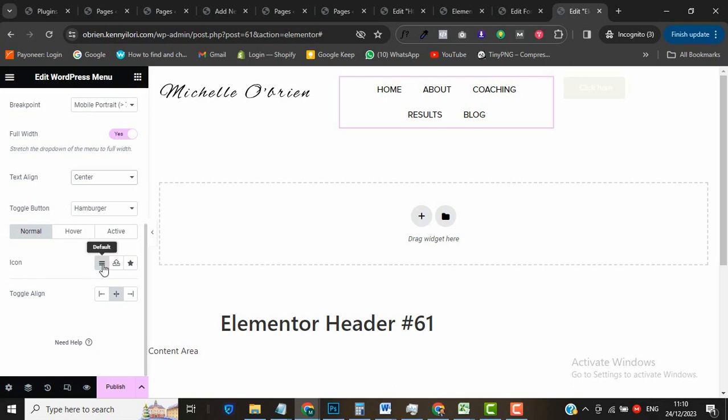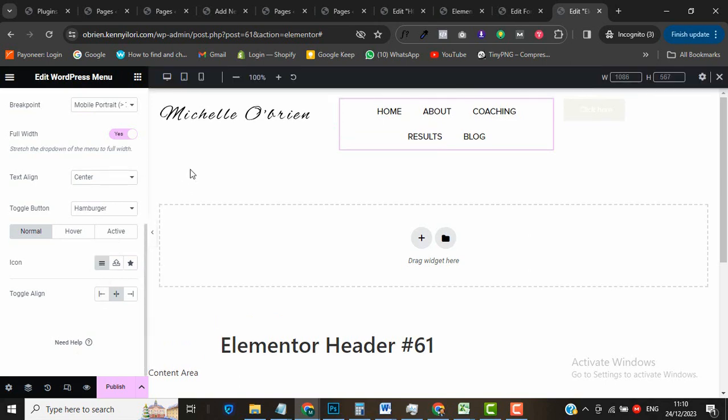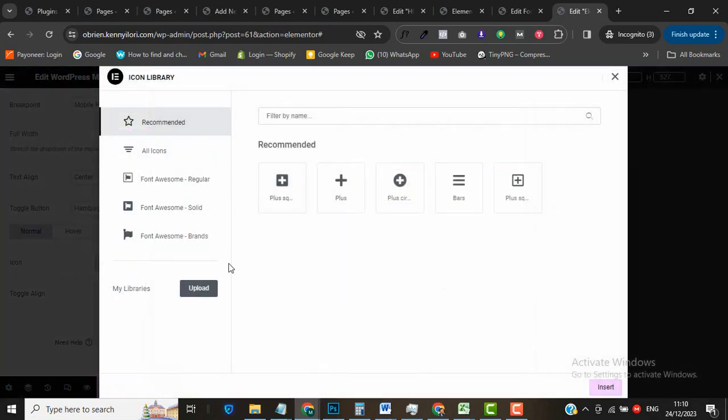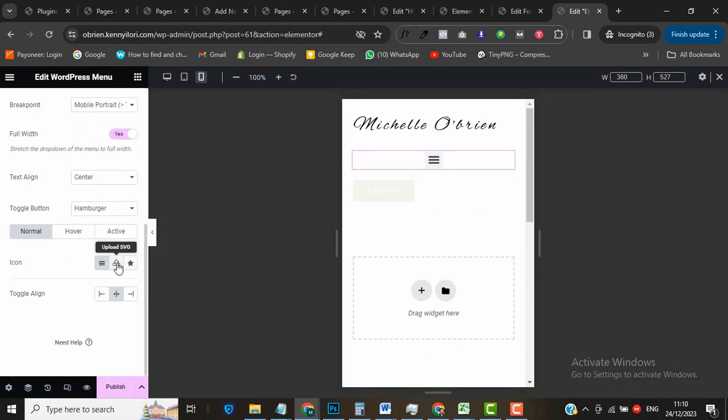So the icon of the toggle, for example, let's go to the mobile mode, select the mobile. We see the icon, this icon, let's change it. To change it, just click on the icon library, then you can upload the icon you want. You can also upload an SVG icon by clicking on this icon. So let's upload an SVG. Click on the icon,